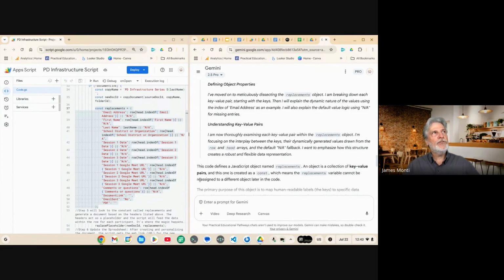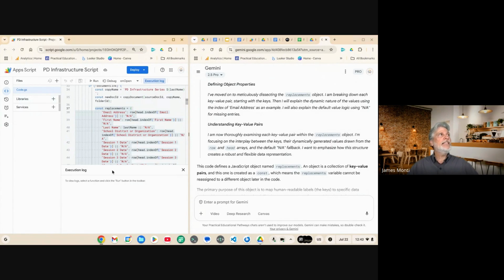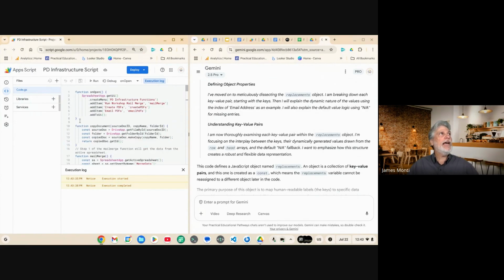And then the answer shows up afterwards as well. So I think that this is a great way for you to dump in your code and start asking questions of it. So if I had an error message in my execution log, the execution log will tell you what's going on. So if I tell this to run the execution log for the on open, it's just going to tell me that it started and it completed, because I do not have any